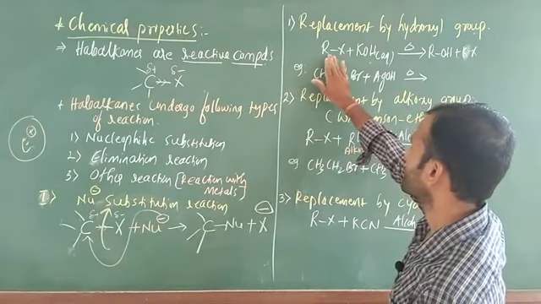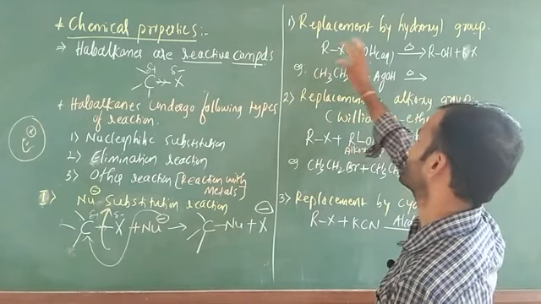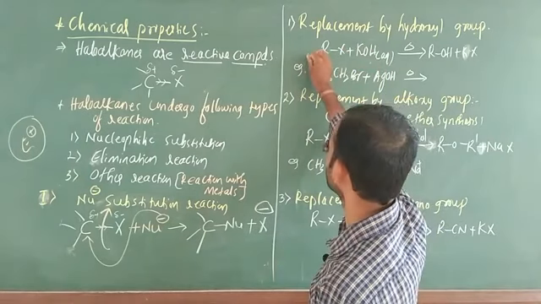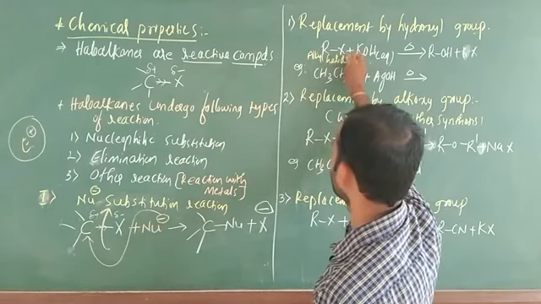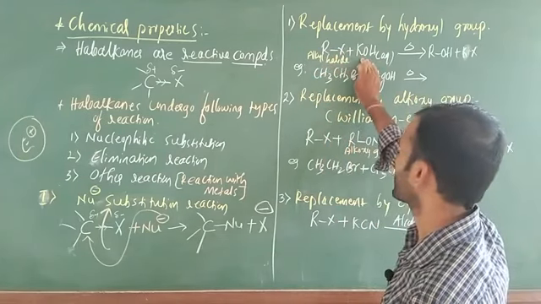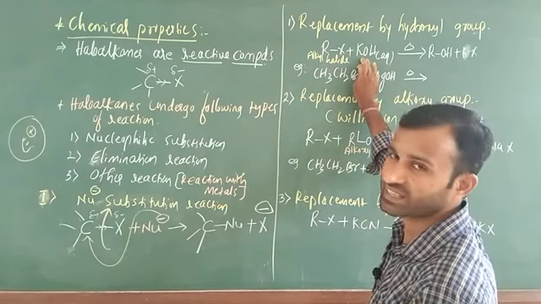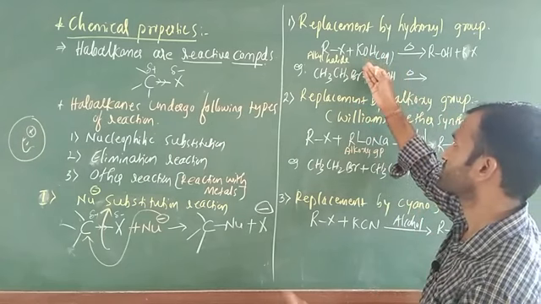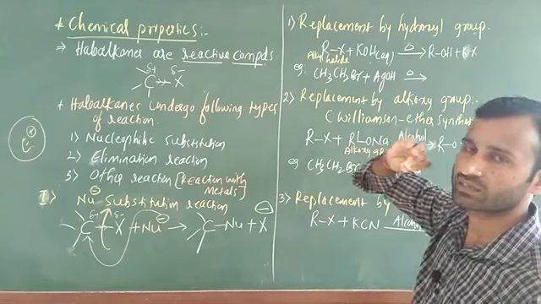The starting material is very simple: an alkyl halide, RX. This is a general name, not an IUPAC name, because it is a general example. This can react with potassium hydroxide, KOH. KOH is a base, but in this case OH minus acts as a nucleophile. The delta indicates heat.